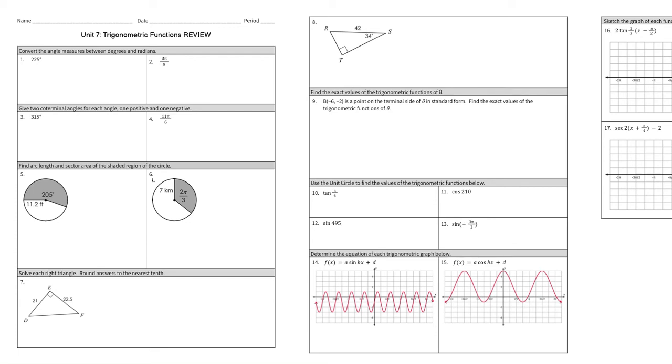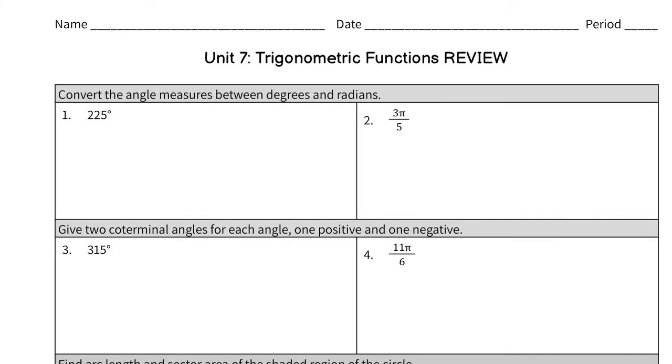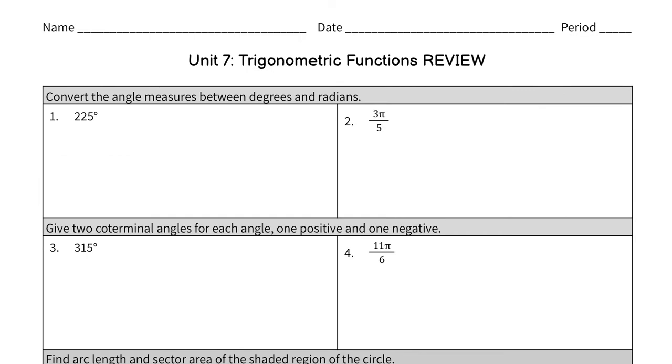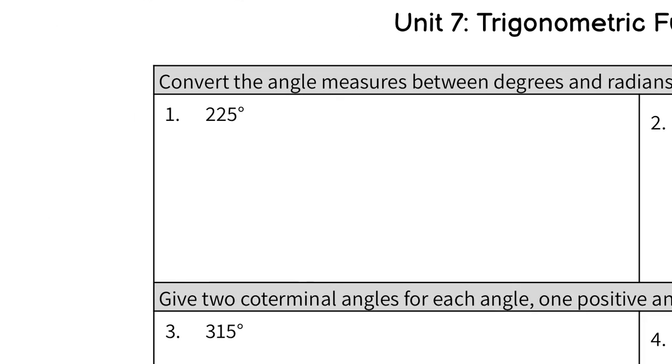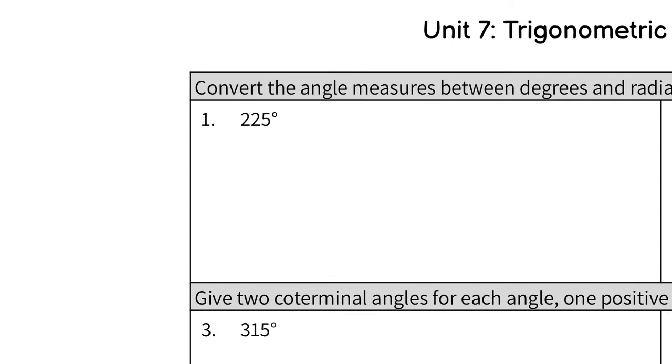Good morning, everyone. Today we're going to start our Unit 7 review, which was topics all about trigonometry. So at the beginning, we talked about angle measurements and how to convert between degrees and radians. So we are going to do one of each. So when you have a degree measurement like this one, 225, and you want to change it to radian, so